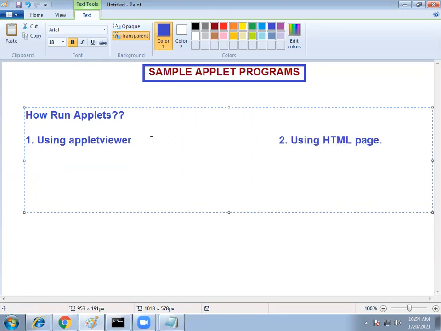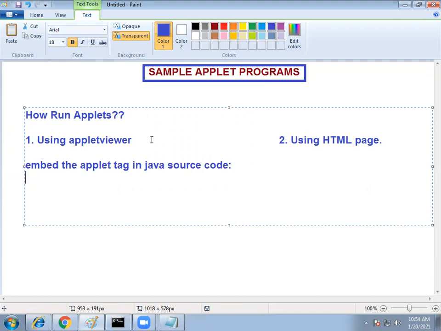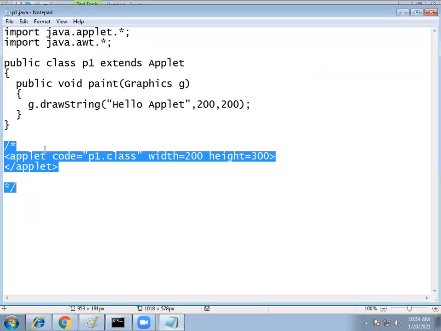Using applet viewer we have seen. Using applet viewer, what you have to do is embed the applet tag in the Java source code. What is that applet tag? This one.